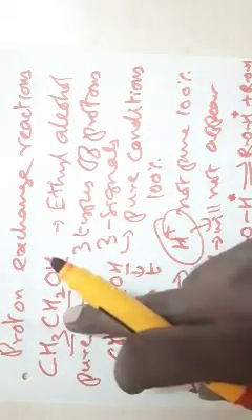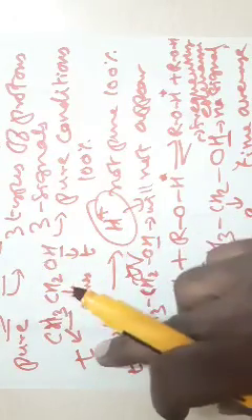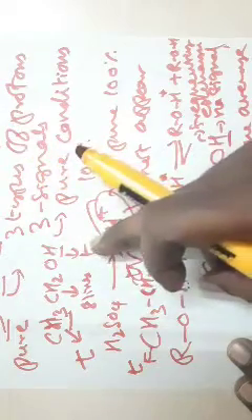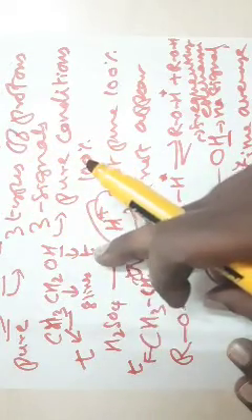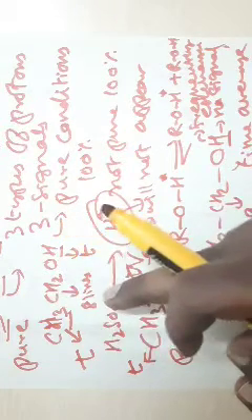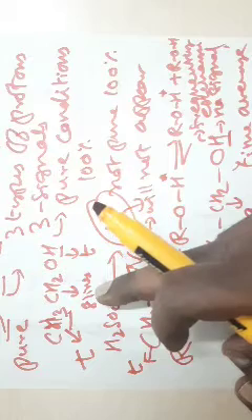In ethyl alcohol, we have 3 types of protons. So, if you record the NMR spectrum for the pure sample of ethyl alcohol, then we get 3 signals for the 3 types of protons. How do we get the spin-spin splitting pattern? The methyl proton gives you a triplet because of 2 neighbors. The OH proton gives you a triplet because of 2 neighbors. And the methylene proton, CH2 proton, gives you an 8-line signal.